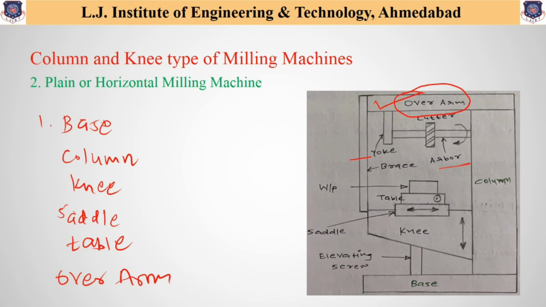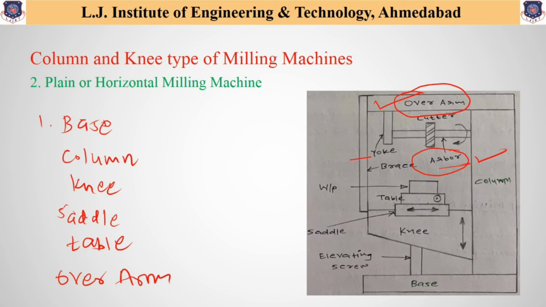Now, as we have discussed in our first lecture of this chapter on milling machine, the next part is the arbor, and it is used for holding the milling cutters during the operation. It is the common method of mounting the cutters on the horizontal milling machine. So the support which is used to hold the cutter in a horizontal milling machine is called the arbor.